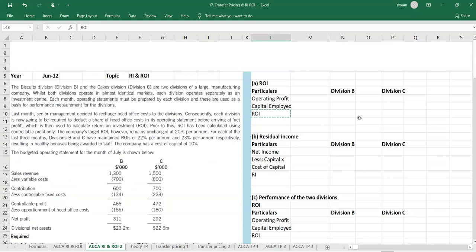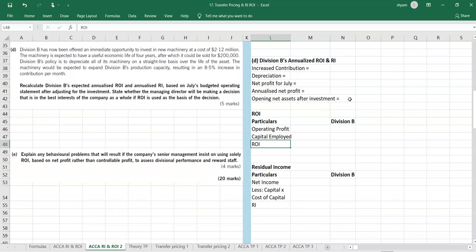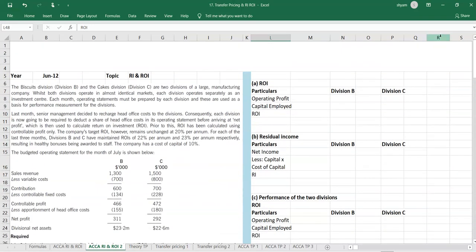So we'll start from here. For both the divisions, we have to work out the answer. Okay, for division B, if you take the operating profit, he says that you have to take into account the net profit. Okay, so number one here it is going to be